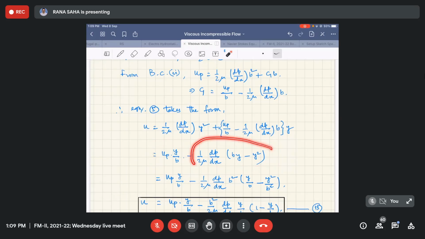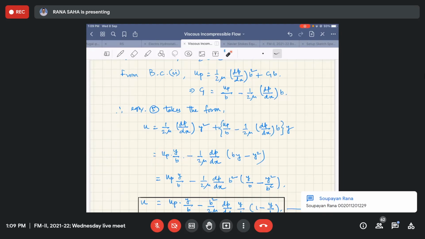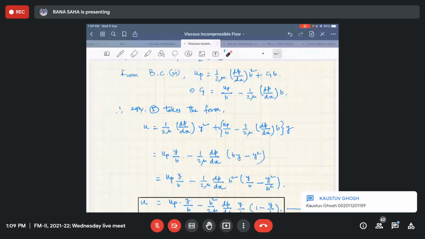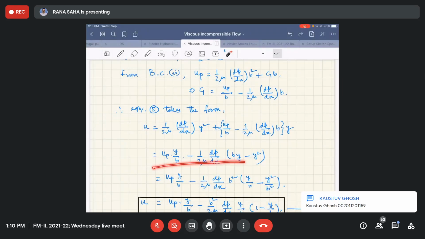Basically, what I mean to say, this term is common. This term was there in your previous expression of velocity. This is the additional term, U_p times y by b. It is basically a linear term. One can observe y by b, where y is the variable, and U_p and b are both constant. So it is a kind of y equals mx form. So a linear term is being added to a parabolic or quadratic term, which was there earlier. So that is the difference we have